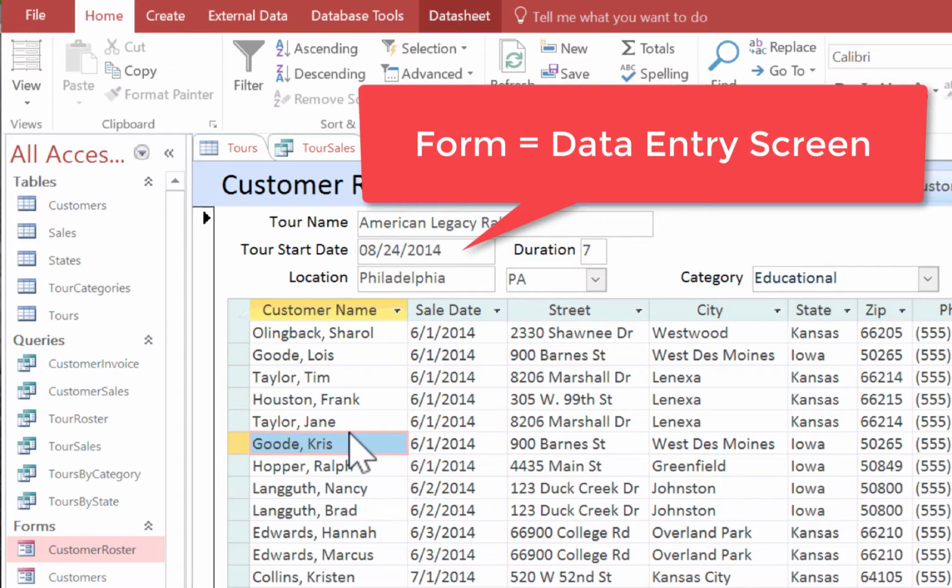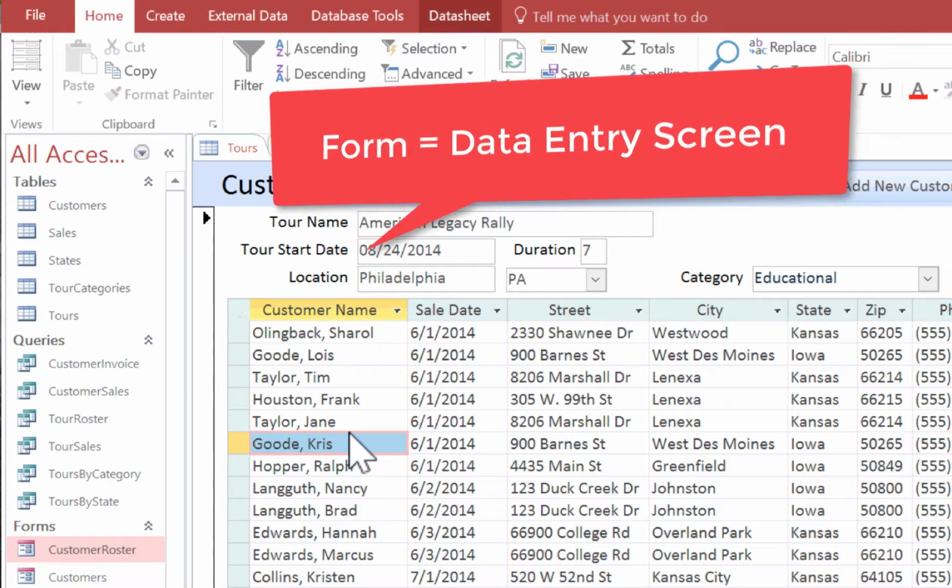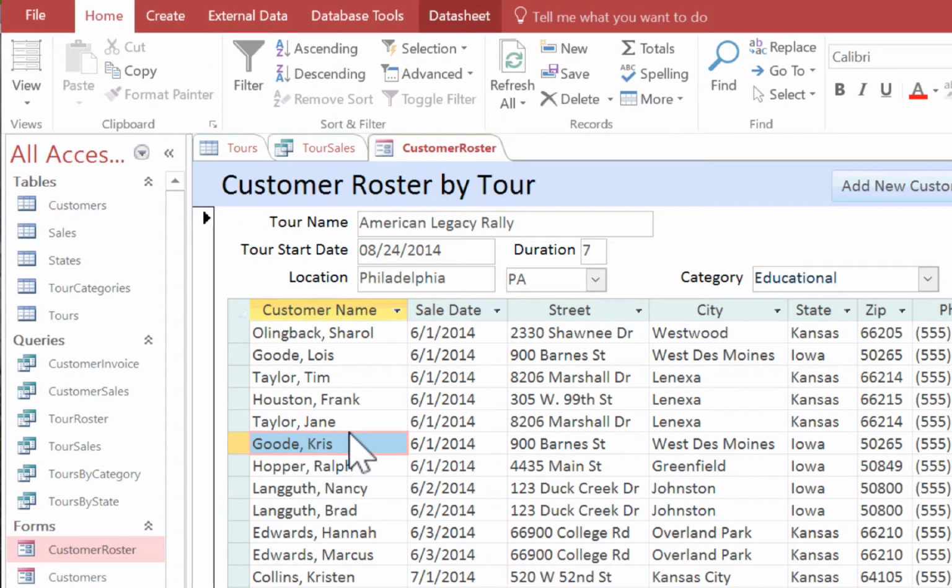And you notice here, the look and feel is nicer. It may be less intimidating to a lot of you. Many users actually prefer to use forms for data entry rather than editing and entering data in tables and queries, which is okay because the information, as you can see, is presented in an easy to use layout.